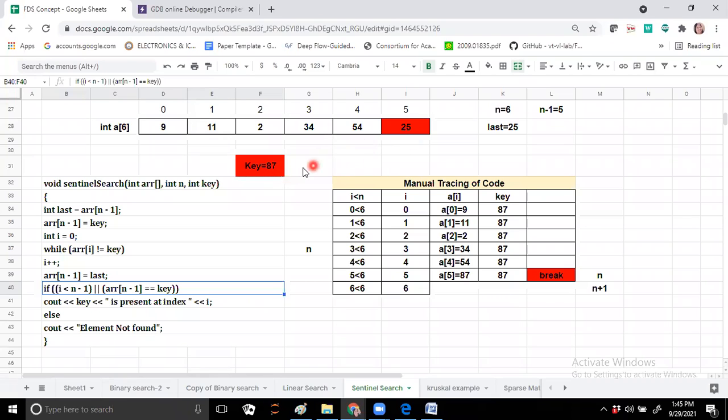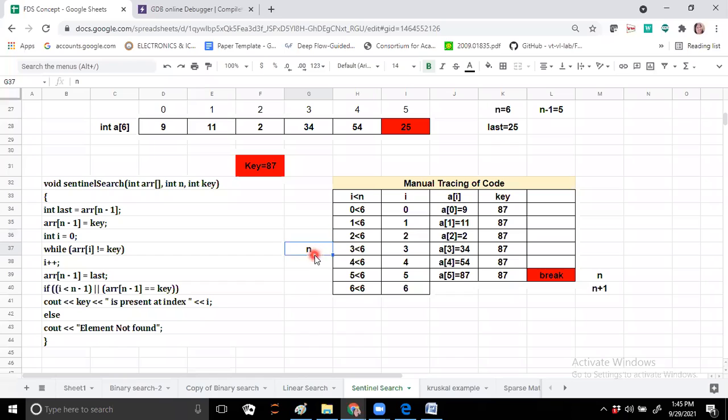अभी यहाँ पे हो रहे हैं क्या? आफ्टर रिप्लेसिंग नहीं हो रहे. मतलब 25 अभी हमने यहाँ पे जो कि अनचेक था वो चेक कर लिया, तो यहाँ पे मैच नहीं हो रहे. और कंडीशन क्या है? नाउ वेदर i इज लेस देन n minus 1. सो फिफ्थ तक मतलब लास्ट पोजीशन तक हमने सब चेकिंग किया है क्या? नाउ यस, इट इज अप टू द लास्ट पोजीशन. So here I can say I didn't find any key in this. I didn't find the match of key 87 from the given elements in the array. Right? Are you getting this?